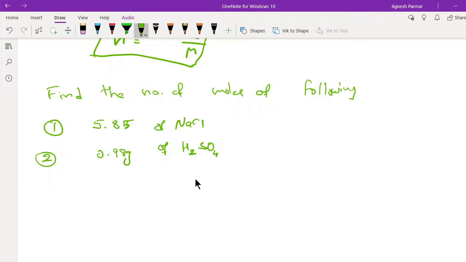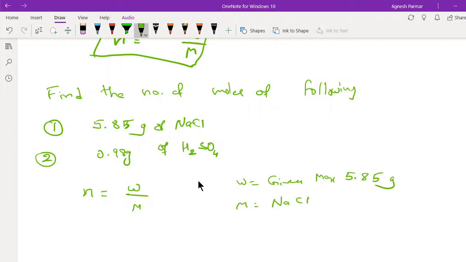Okay, now let us see this one. Yesterday we studied how to find the molar mass of a compound. So what do we find first? The number of moles, so we have to write down the formula. Now w is equal to the given mass. What is the given mass in the first question? It is 5.85 gram. I did not mention here 5.8 gram, it is 5.85 gram. Now the molar mass of NaCl.